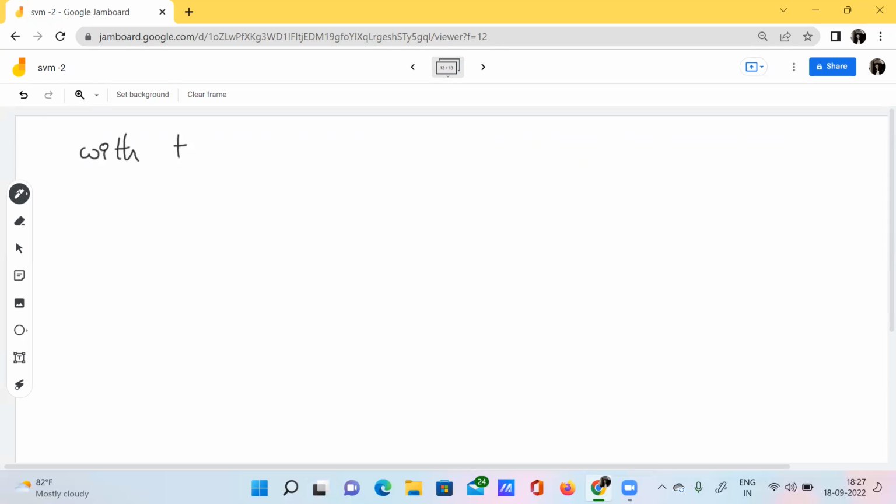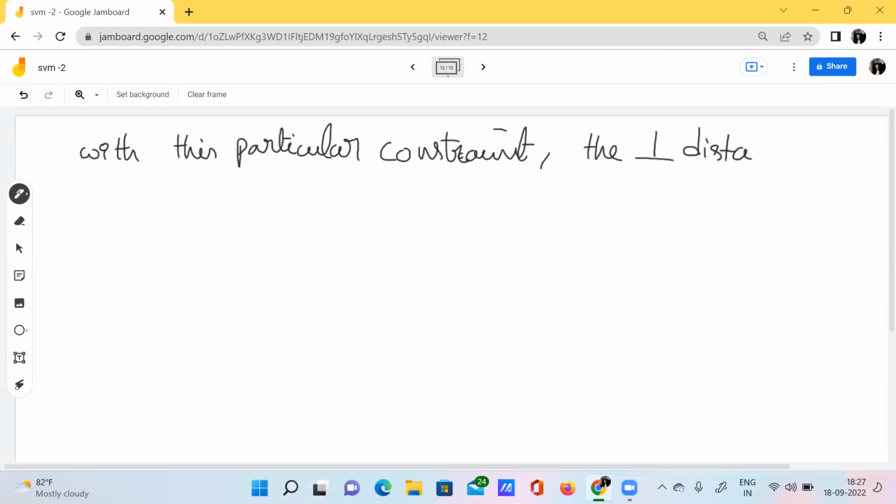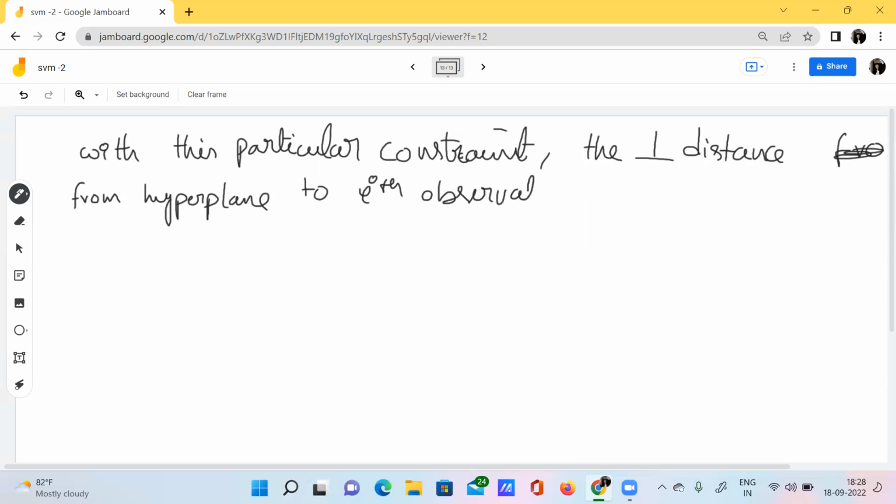So what we can say with this particular constraint, the perpendicular distance from the hyperplane to the ith observation is yi of beta naught plus beta 1 x1 plus and so on plus beta p xp.